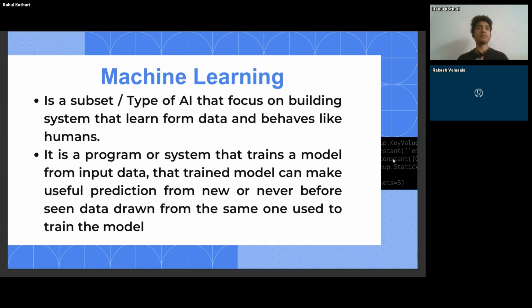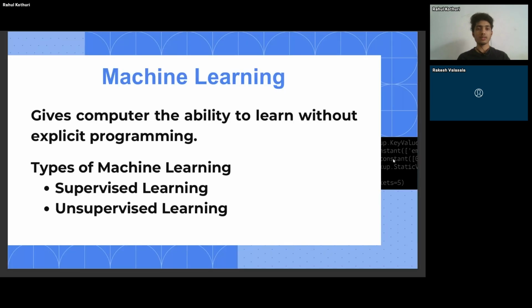Suppose we consider a classification machine learning model. We'll train it with cat images and dog images, and then if you upload an image, it will try to predict whether it's a cat or a dog. This is the type of artificial intelligence which focuses mainly on building these models. So it gives computers the ability to learn without explicit programming. We need not upload every image and train the model one by one. We can directly train the model with a huge amount of data so that it will learn and predict